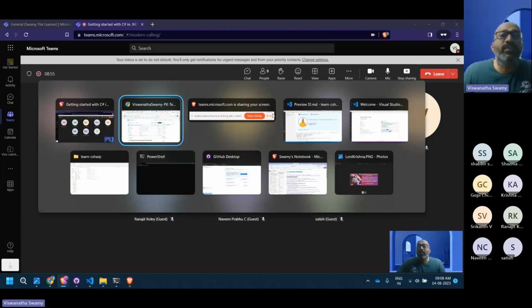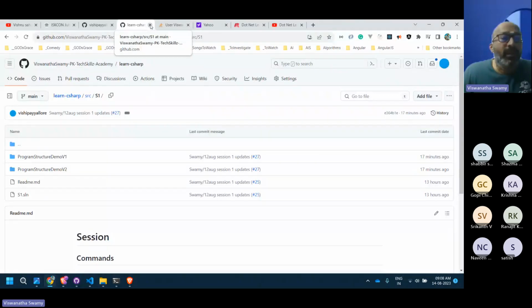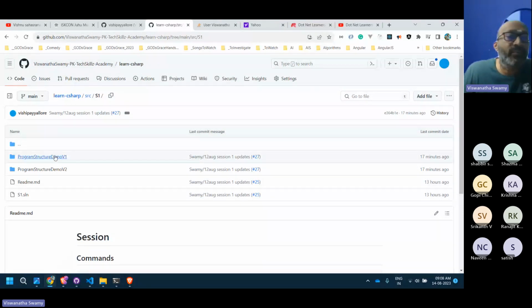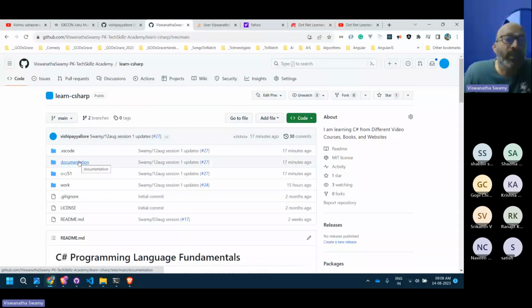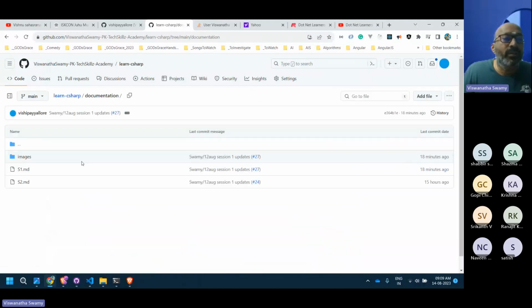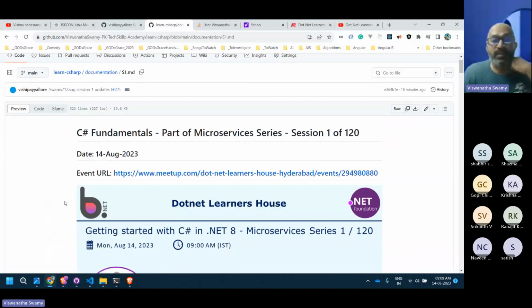So today is the first session. I will close the rest of the browser so that I get some extra space, and you will see how I'm structuring this folder. There'll be a documentation folder and there'll be SRC. I'm doing some experiments and piling up the code and keeping it ready. So you have to focus only on the documentation and S1. S1 means session 1. If you go to the documentation, you will see session 1, session 2, the S1 series. This is the one we are going to discuss today.